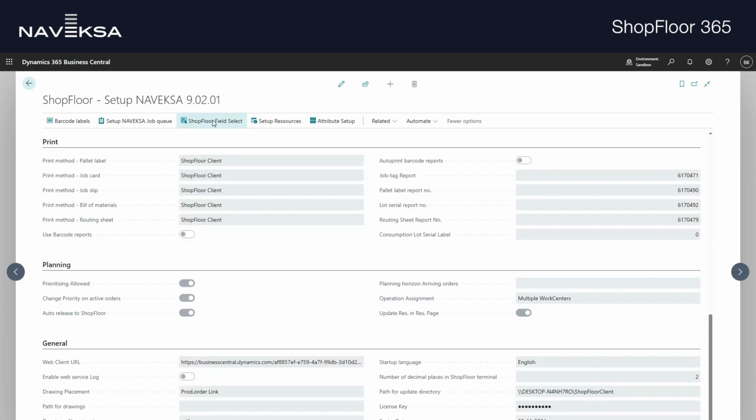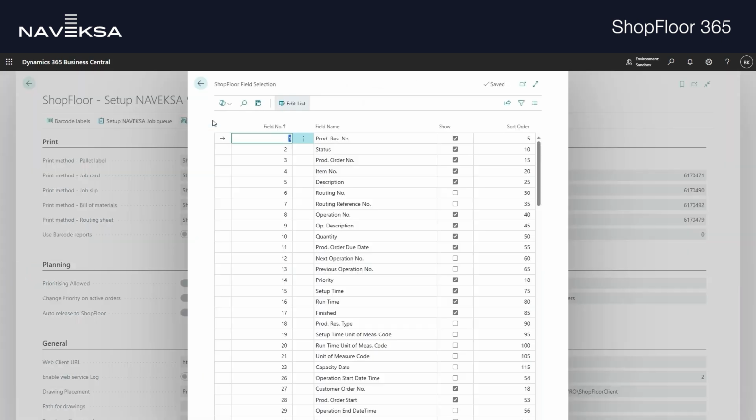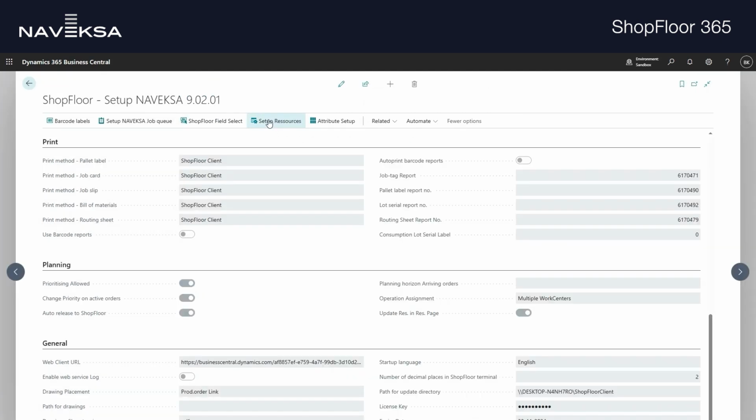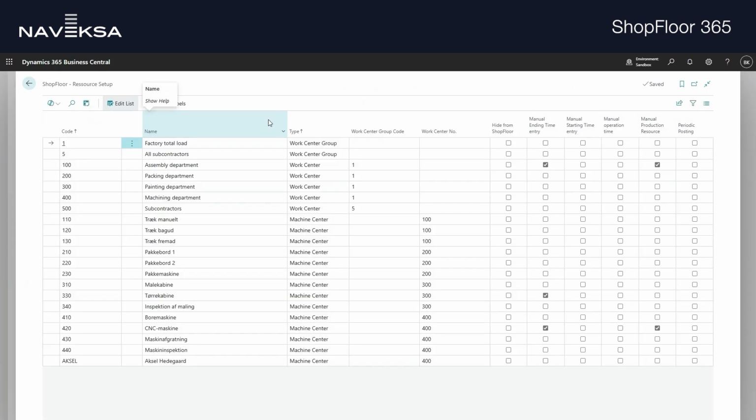Additional functionality within the solution is that you can customize the views of the tables by yourself. You just select the one you want, enter where you want them to be, and then you're done. And lastly, setting up how jobs are executed on the shop floor can be done by a few clicks of a button. We use user-friendly interfaces, which ease the implementation and give you control over how you want your installation